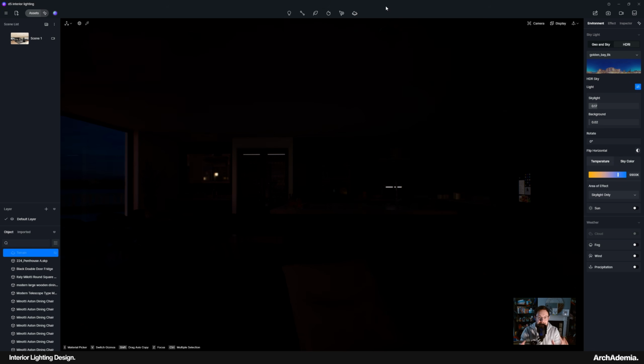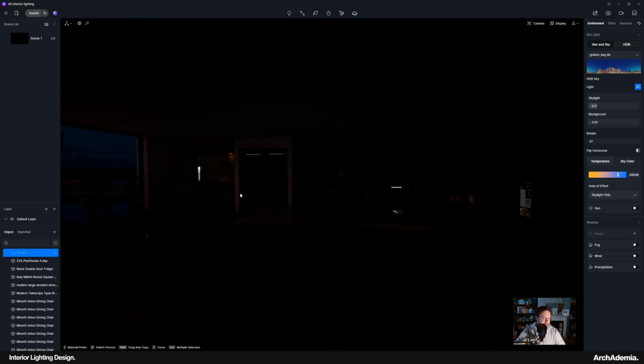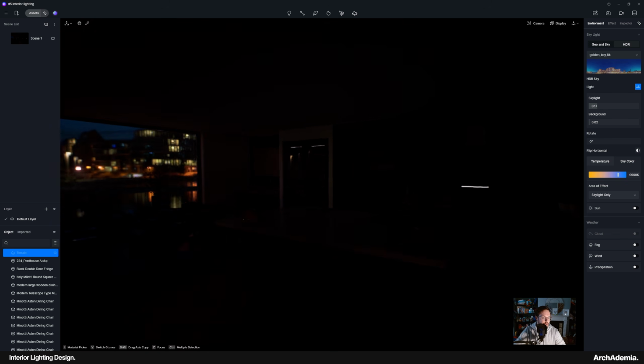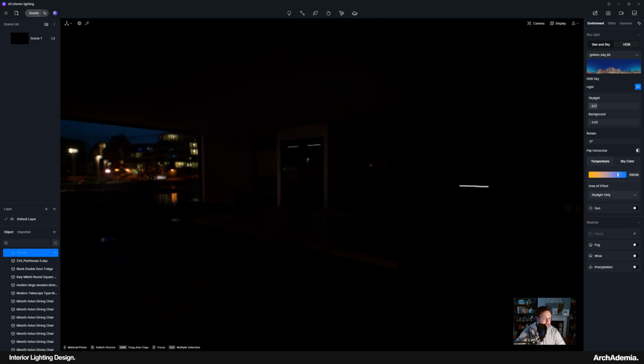We're going to light this scene, and along the way I will call out some design tips while we're there. So we've got a penthouse here. I know you can hardly see it yet because I wanted to start dark. It's a penthouse that I designed a few years ago, and I've just put a nighttime HDRI in the